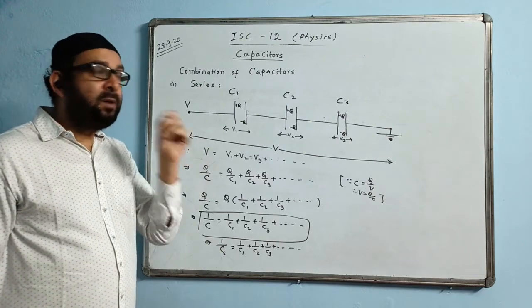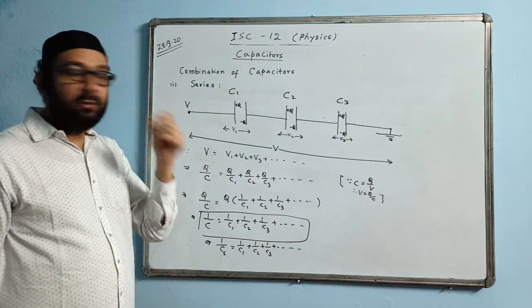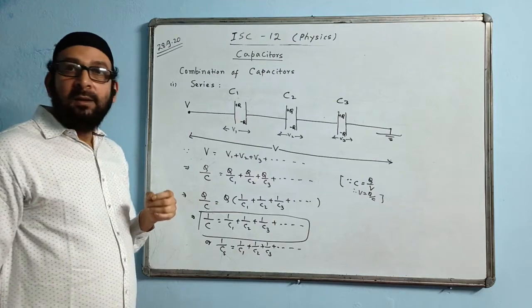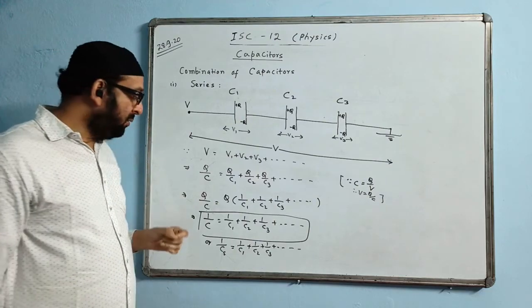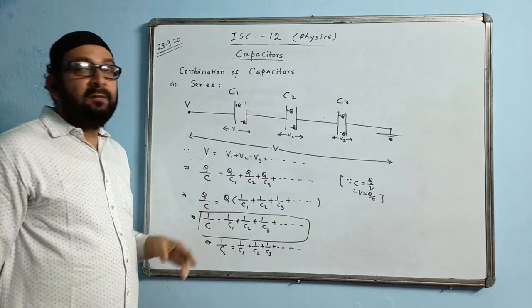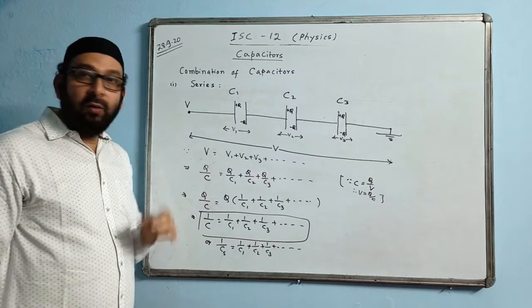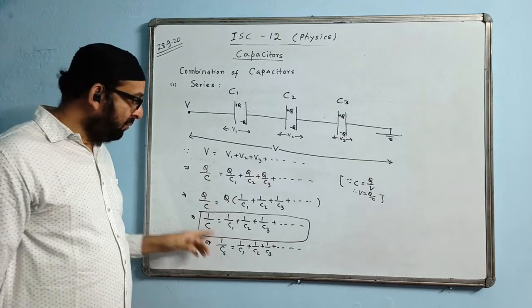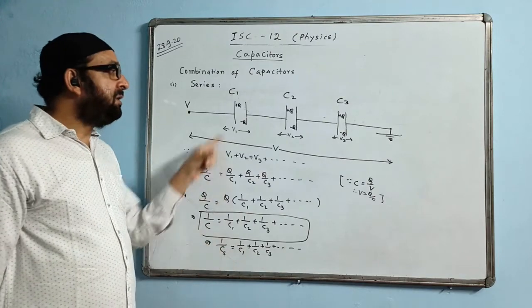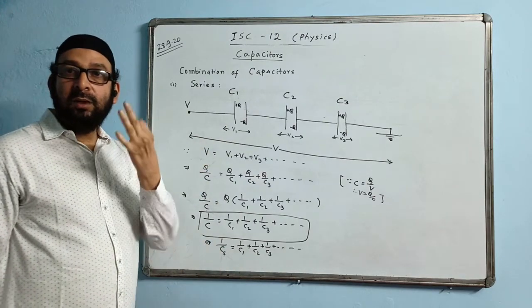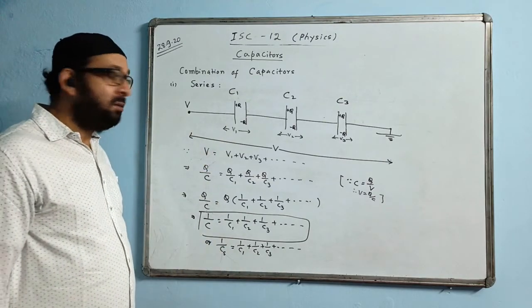I mean, it may come 0.something, 0.5, 0.8 and so on. You can expect your answer to come less than the least. So, in series combination, the value of total capacitance will decrease overall, because the formula is reciprocal here. This derivation you may get for 3 marks. This may be a 3 marks question.